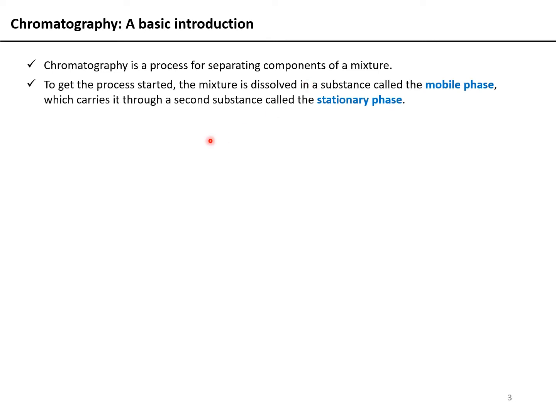So the next step in protein purification is chromatography. So let us have a basic introduction to chromatography. What is chromatography? Chromatography is a process for separating components of a mixture. To get the process started, the mixture is dissolved in a substance which is called the mobile phase. That is the phase that is moving, which carries it through a second substance called the stationary phase,